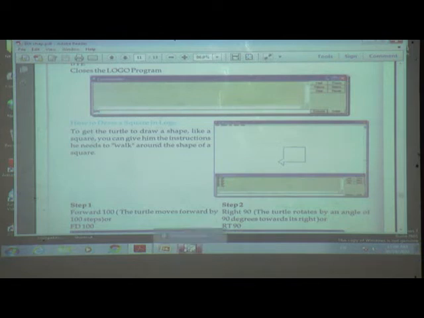Does everyone want to see how to draw a square? Good, you are excited. We will write here. Step 1 is forward 100. We will write FD space 100. Why?